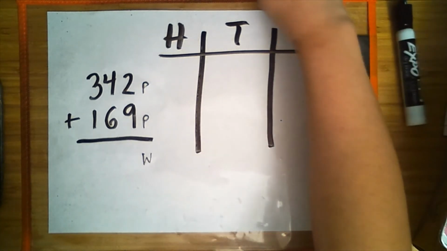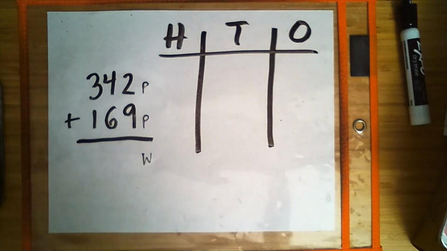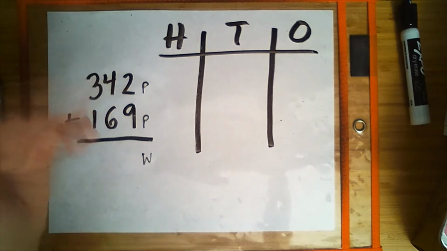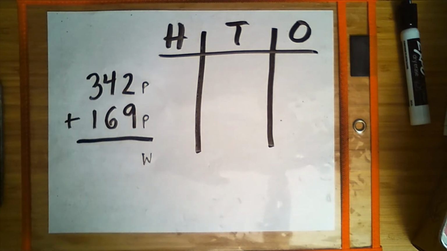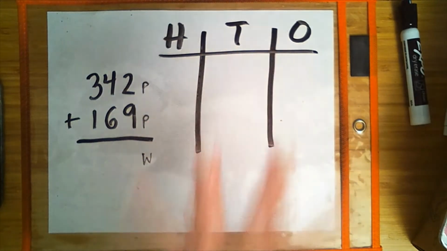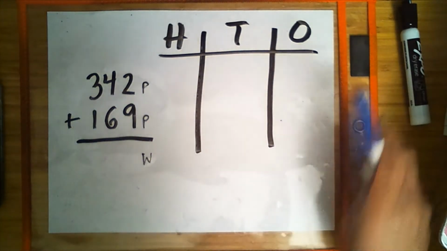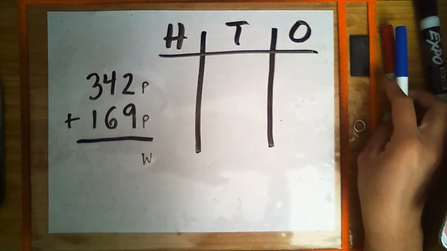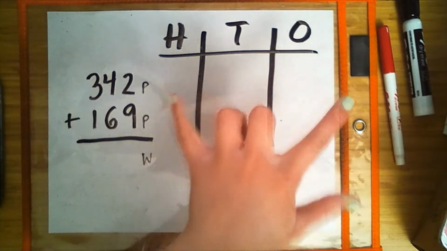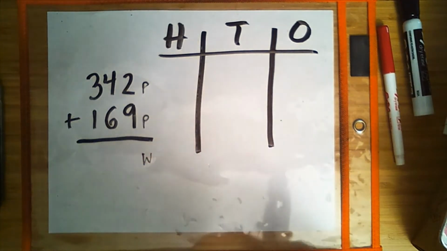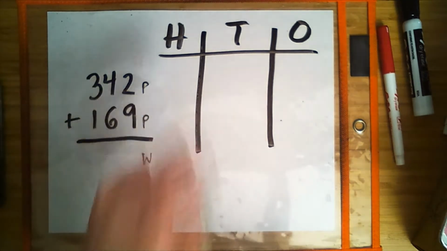Now that we know we are adding, and now that we know that 342 and 169 represent our parts, we can go ahead and draw both parts onto our blank place value chart. Again, when we add, we draw both parts into our blank place value chart. Beginning with 342,